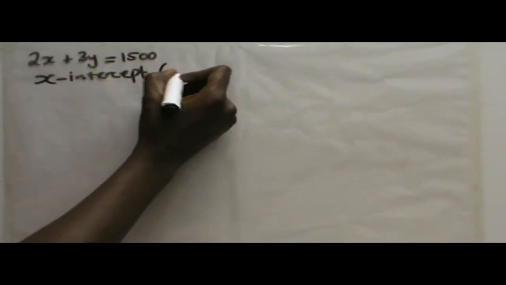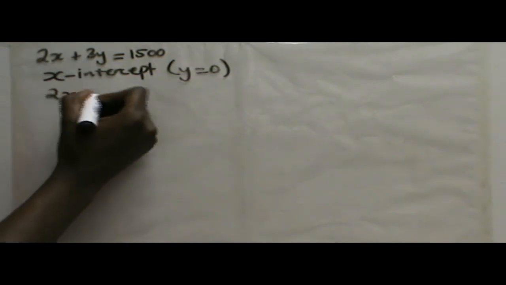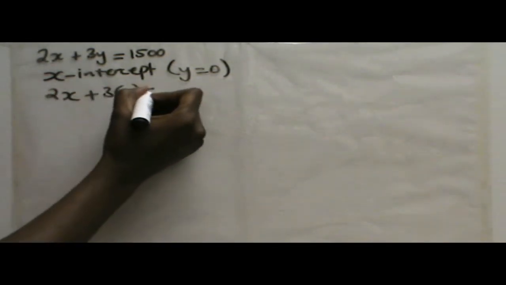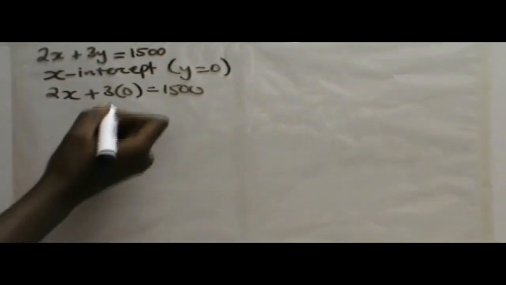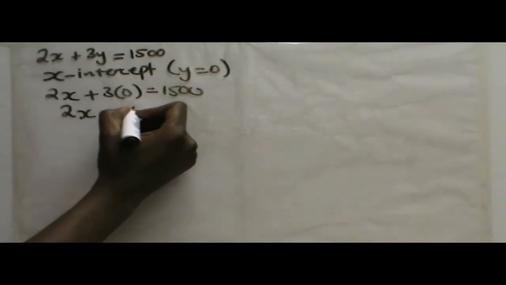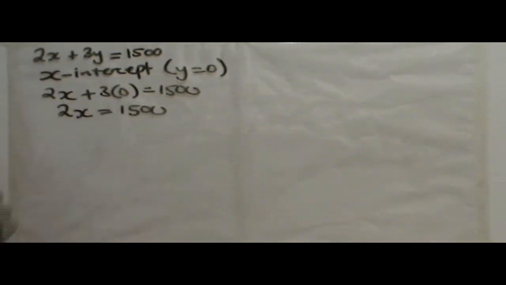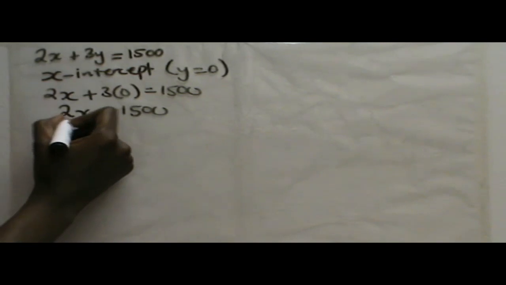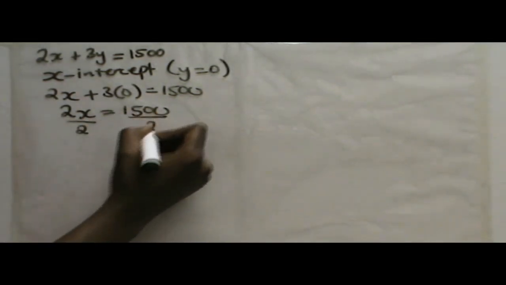Now at your x-intercept, we know that y is equal to 0. So you substitute y equals 0 and then solve for x. We have 2x plus 3 times 0 equals 1500. Anything times 0 is just 0, so I have 2x equals 1500. Then I want x, so I divide by 2 on both sides, and I get x equals